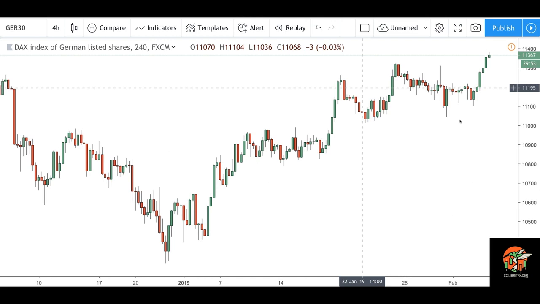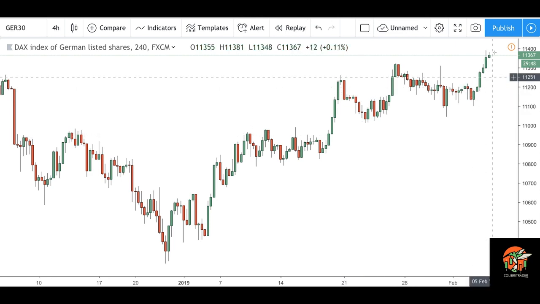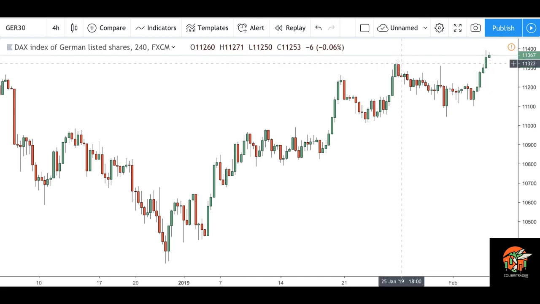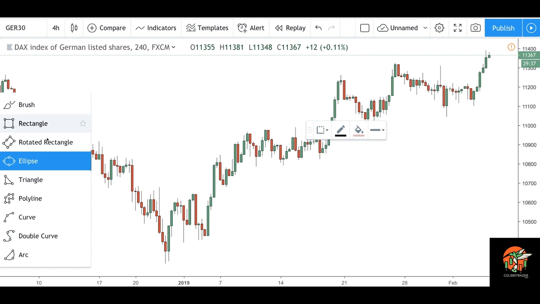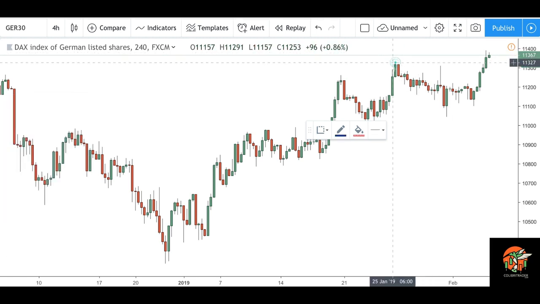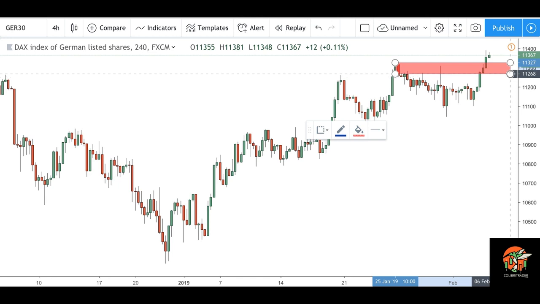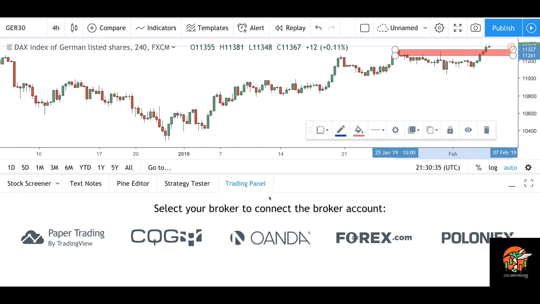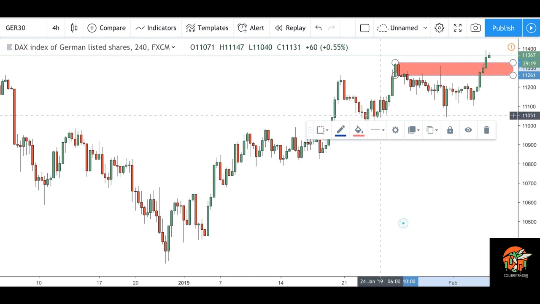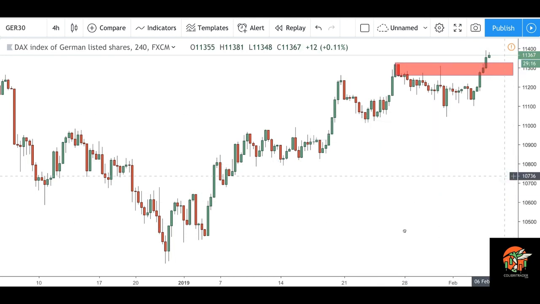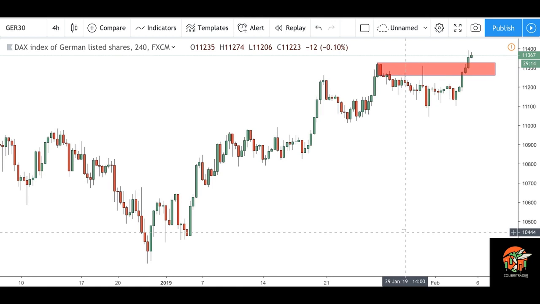Currently, I'm looking at the German DAX 4-hour chart, and as you can see today, we saw this breakout here, and again there was this supply area, which was the resistance level on top of the chart. And as you can see, there is for now no reason to believe that the price might actually fall down and reverse direction, although this might be the beginning of a reversal